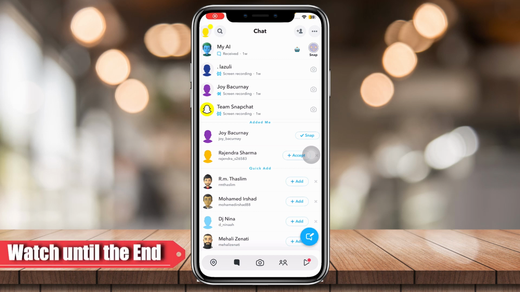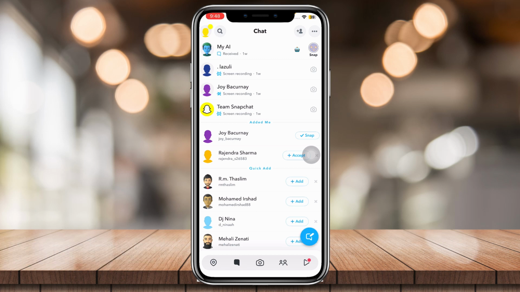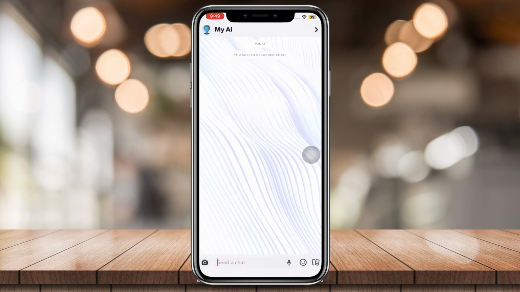Hey everyone, for today's video, I'm gonna teach you how to set up My AI on Snapchat. So, with the new update, you don't actually need Snapchat Plus to have My AI. All you have to do is tap on it,